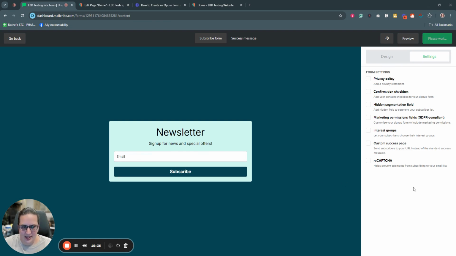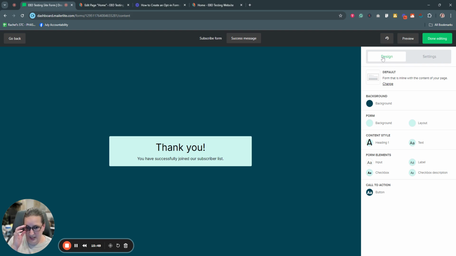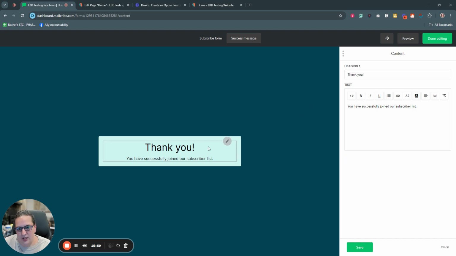All right, once you get that all set the way you want it to, let's come up here to where it says success message. Now it's going to carry over your colors and your fonts and all that from your form. Now, again, we've got the settings open, but let's come back here to design. If you want to change any of these, you can change them from the design area. You can also edit what this says. So if you click on this box or click the little pencil box, you can change where it says thank